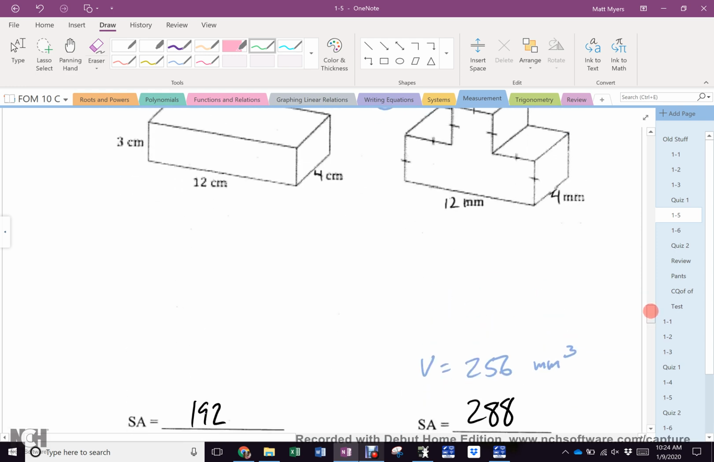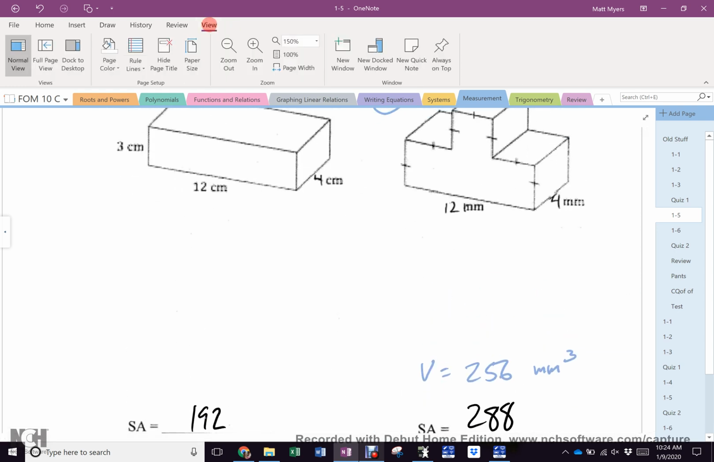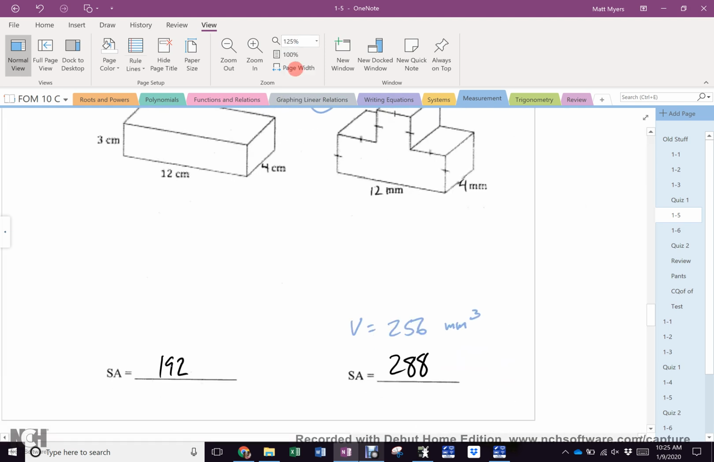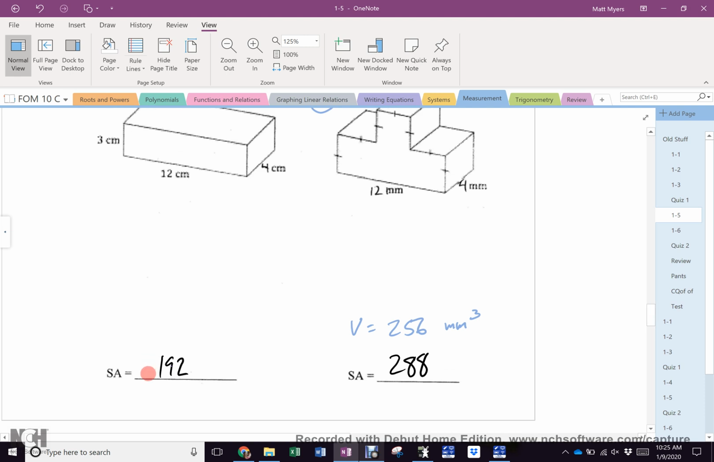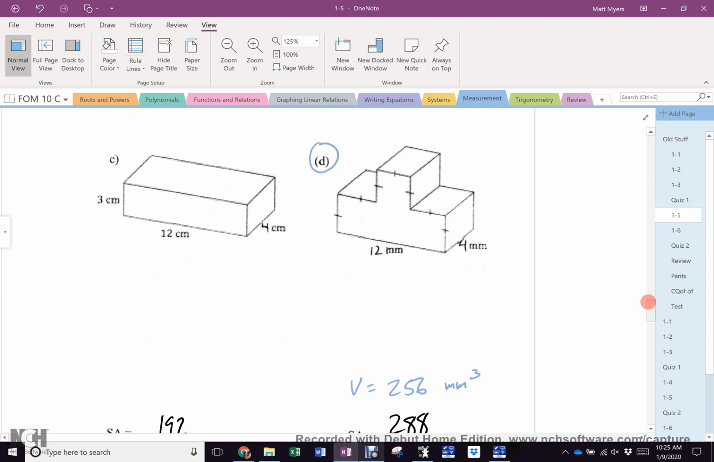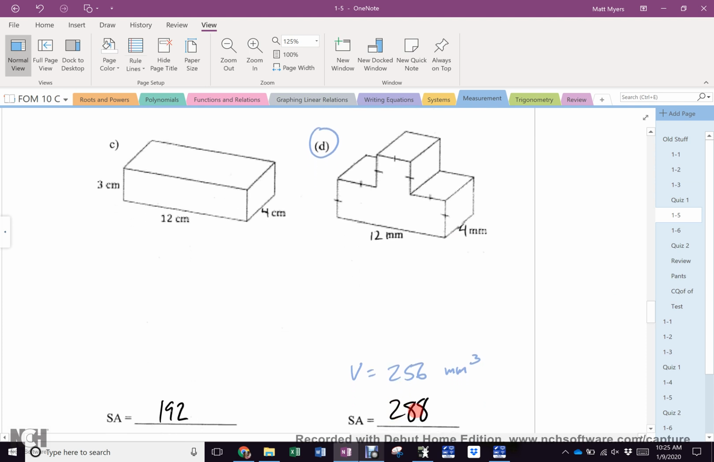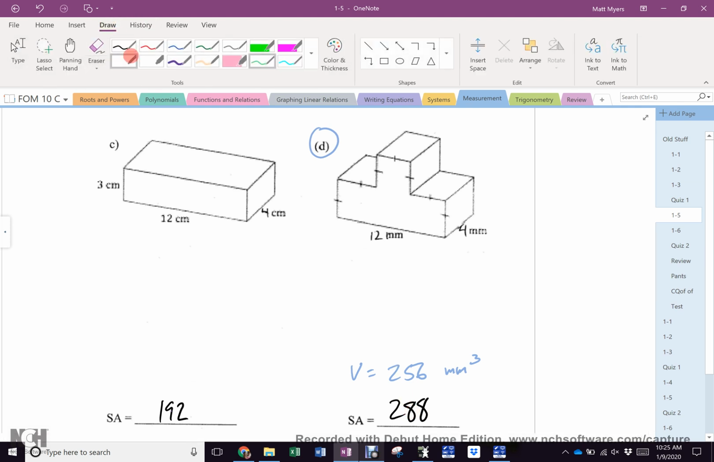Did everybody get this surface area? The number 3. Everybody got 192? Okay, what about this one? We'll do the surface area first. Did everybody get that one? I see some shaky heads and some naughty heads. All right, I remind you, if none of that was there,